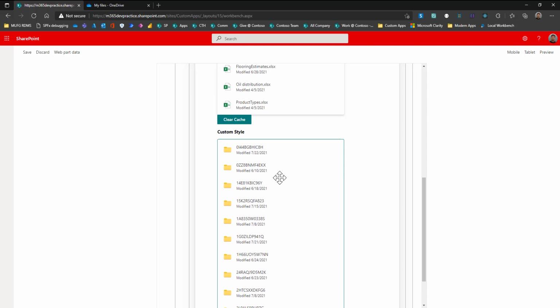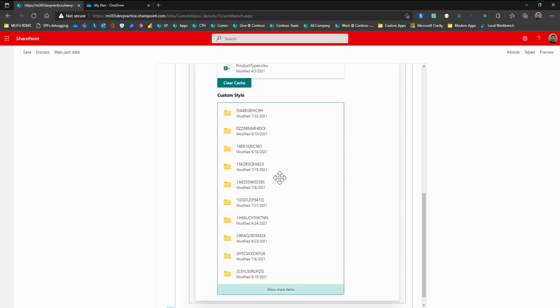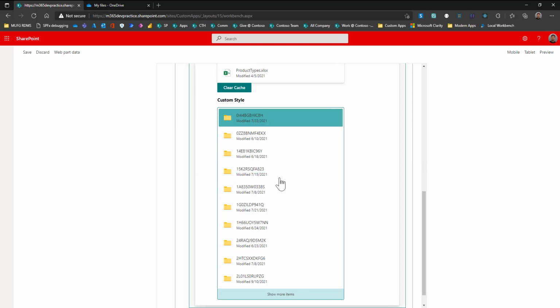The third one is where I have loaded some of the folders and files from my SharePoint document library, and I have also implemented custom style attributes. Here, if you see, I have changed the color of the show more, and I have also changed the hover color. There are other properties which you can configure too.